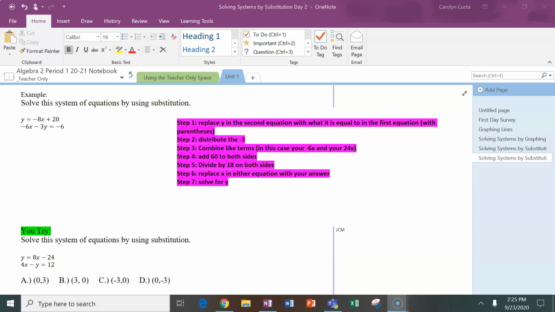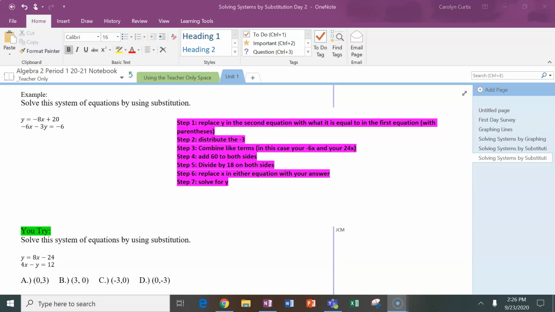Guys, welcome back. Today we are still focusing on solving a system of equations using substitution. So I'm just going to dive right into this example. Just like yesterday, I wrote the steps over on the side. You can access those steps even after the video is done in case you need it during the